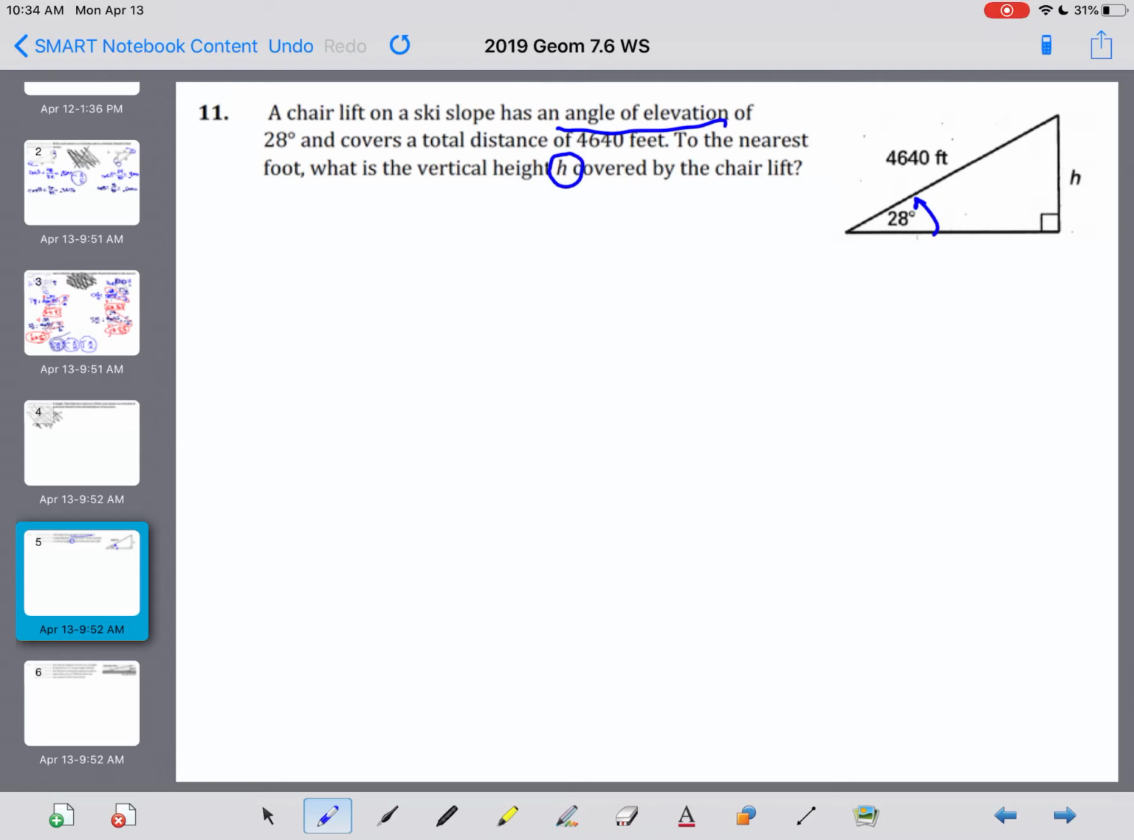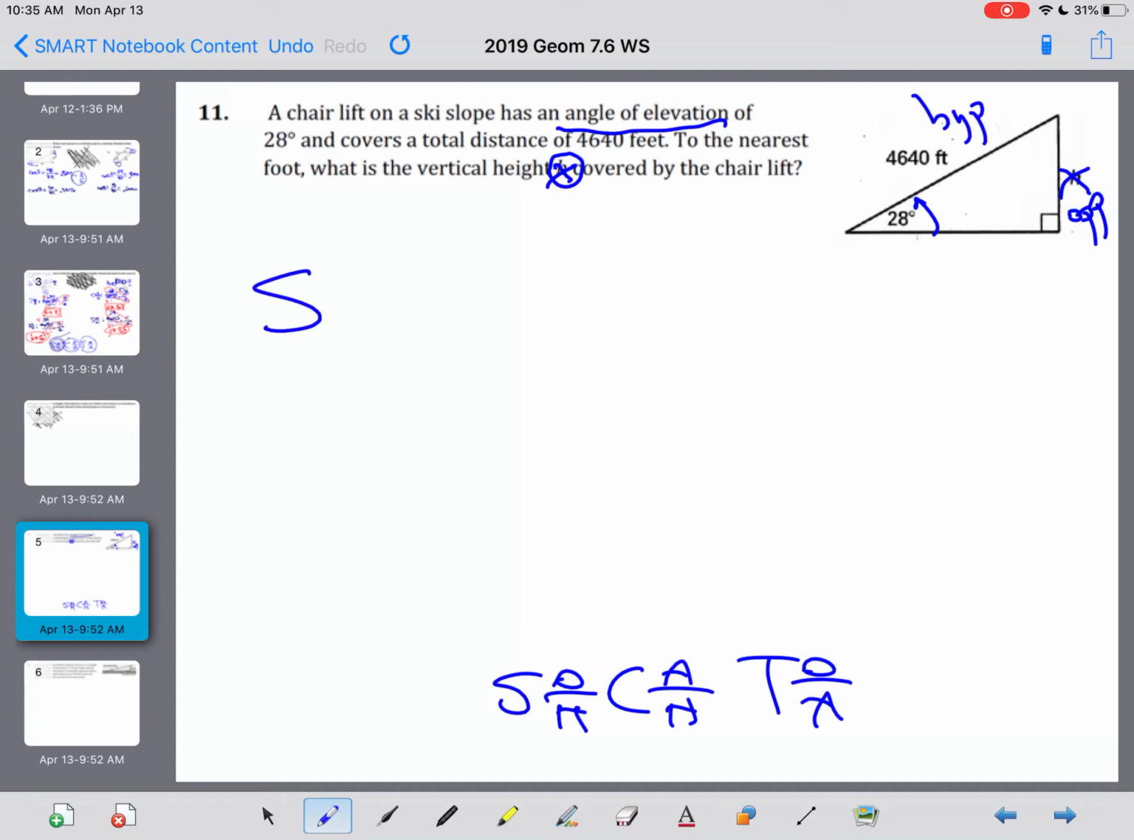So now we have to be careful. I'm going to change that to x so we don't get confused that that's the hypotenuse. So again, I'm going to have my SOHCAHTOA. Then I'm going to solve because I can't Pythagorean theorem this guy. So I've got an angle, and I've got the opposite, and I've got the hypotenuse. So this is going to be sine. So I'm going to say the sine of 28 degrees over 1 equals x over